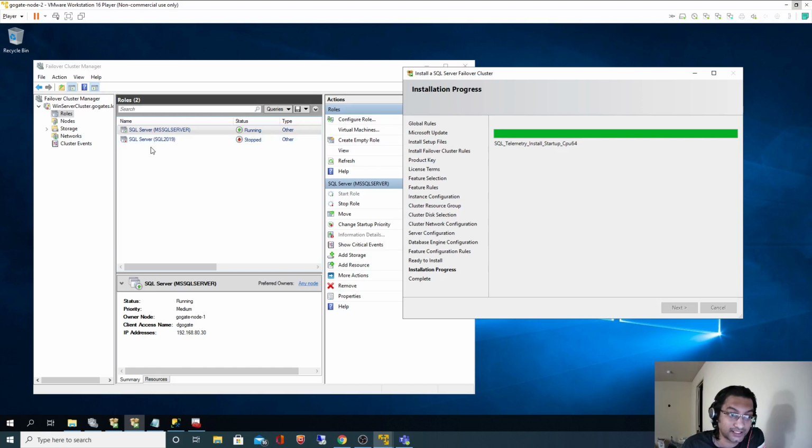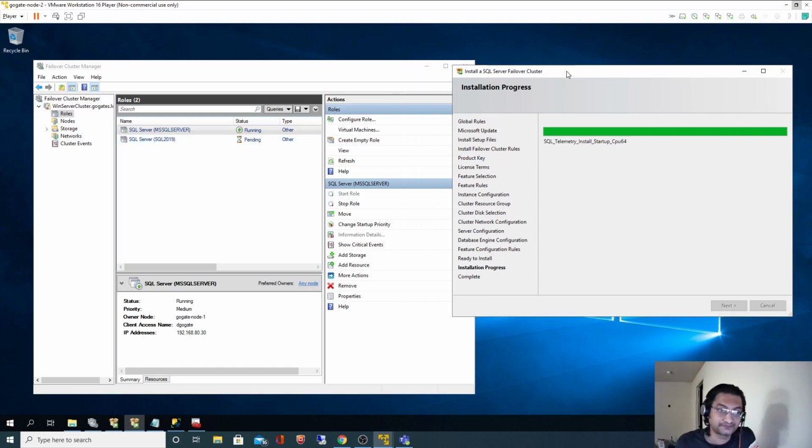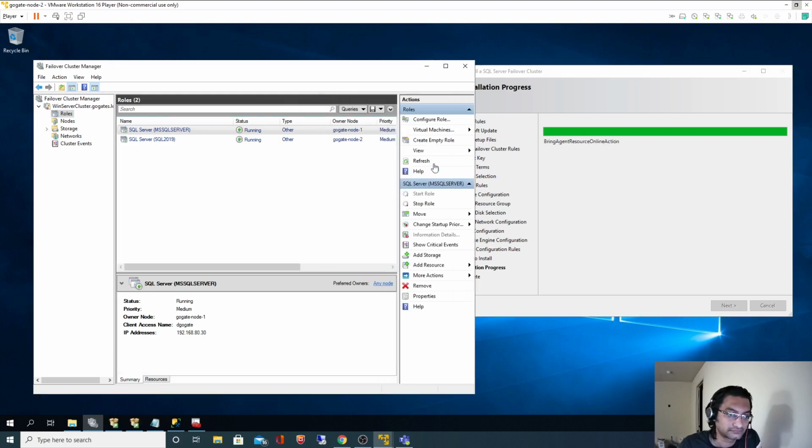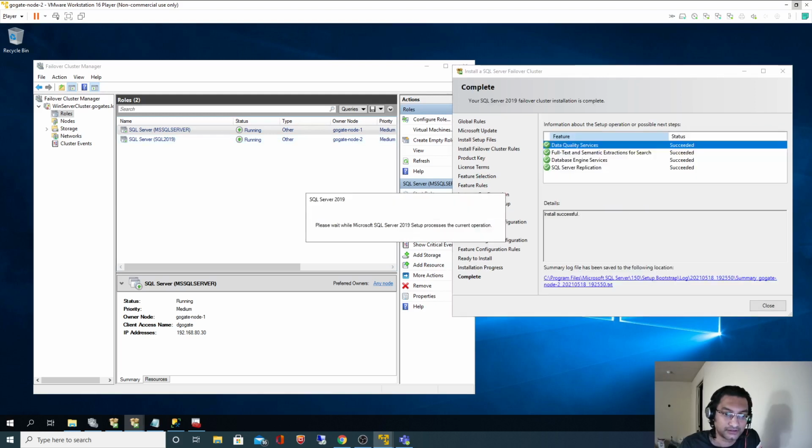It shows as stopped. It may take some time. Yeah, it's getting configured. And as you can see, the owner of the second instance is node 2. Okay, it's finished. Everything is a success.